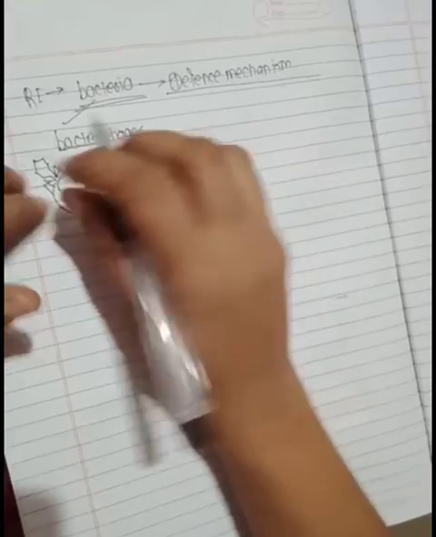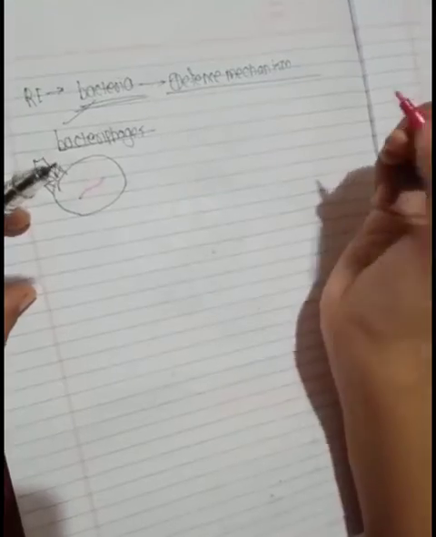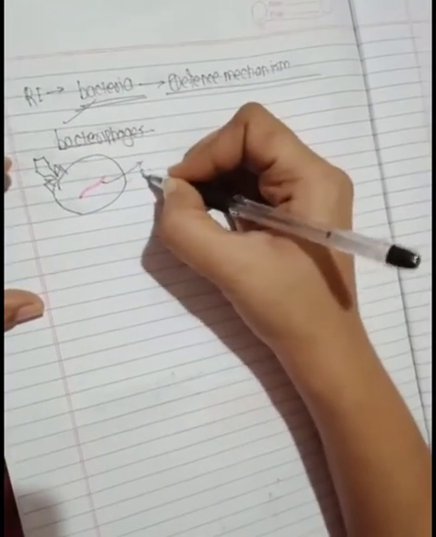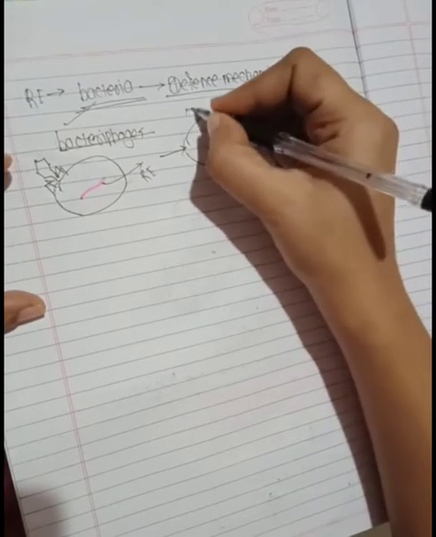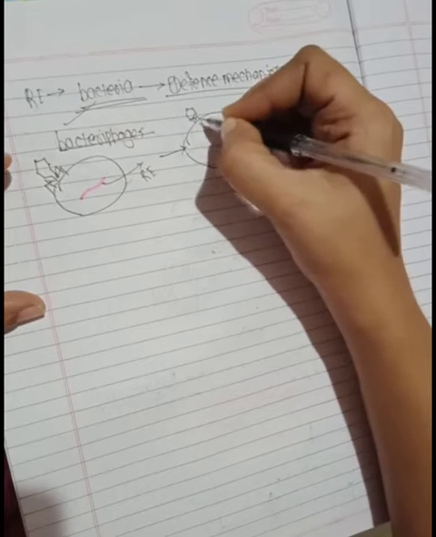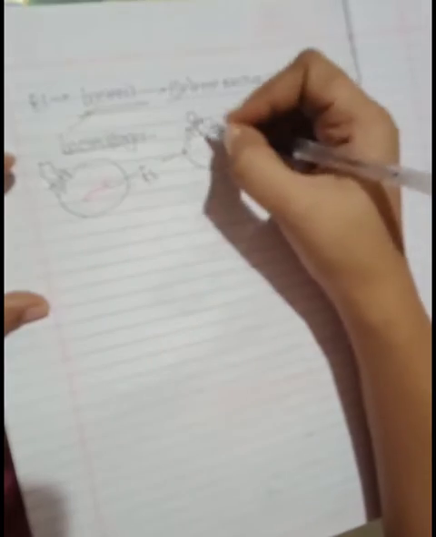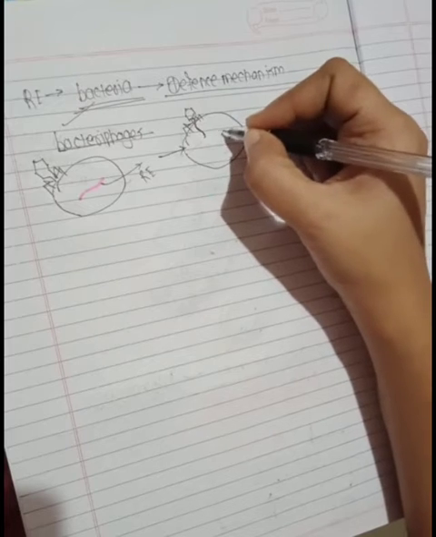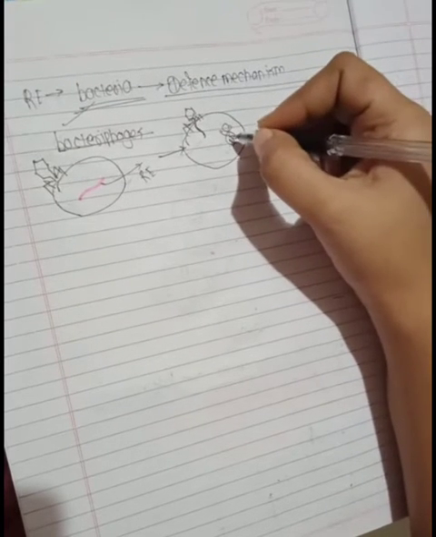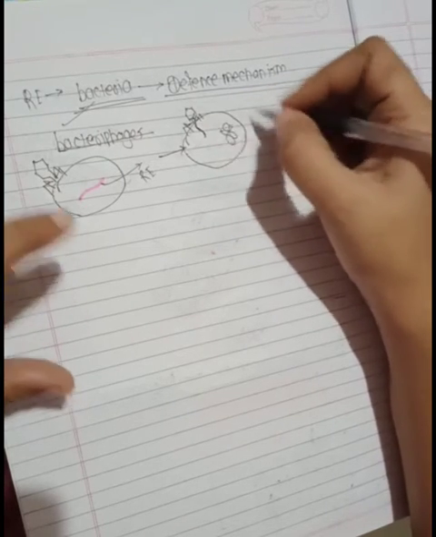Suppose this is a bacteria and this is a virus that is going to attack your bacteria. This bacteria has some specific restriction enzymes here. So when the virus gets entry, only the DNA part of the virus enters the cell. Here is your bacterial chromosome. This viral DNA will hijack your bacterial cell.